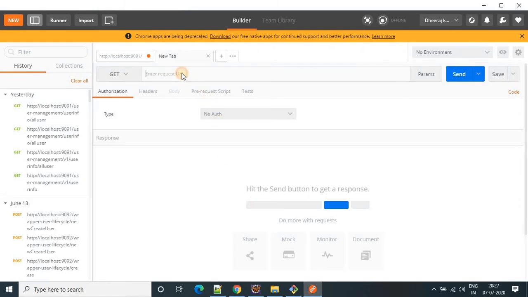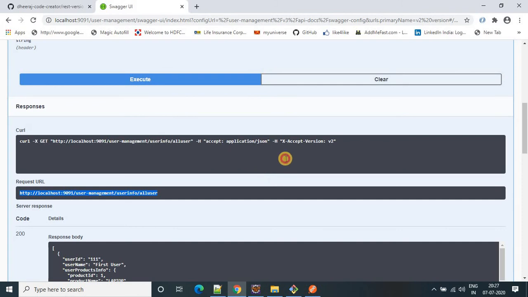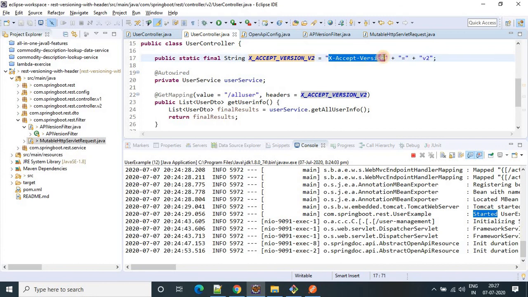Paste it in Postman, and we have to provide the header, because we are doing microservices with the header part. This is my header. How do we know this is my header? Because we have provided the header here, and the version is V2 for the V2 controller, and for V1 the version is V1.